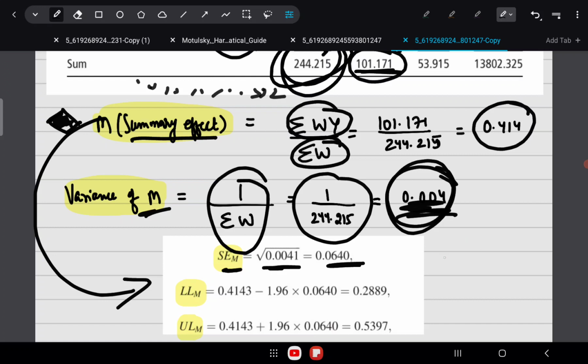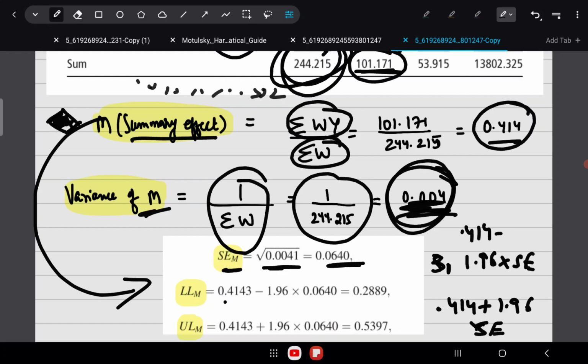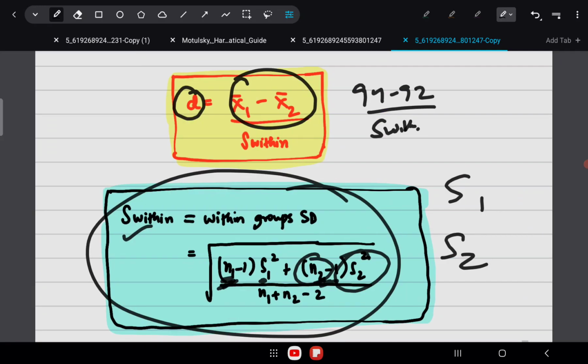The summary effect is 0.414, so 0.414 minus 1.96 into standard error will be the lower limit of the 95% CI, and 0.414 plus 1.96 into standard error will be the upper limit of the 95% confidence interval. So like that you can compute the lower limit and the upper limit of the summary effect, right?